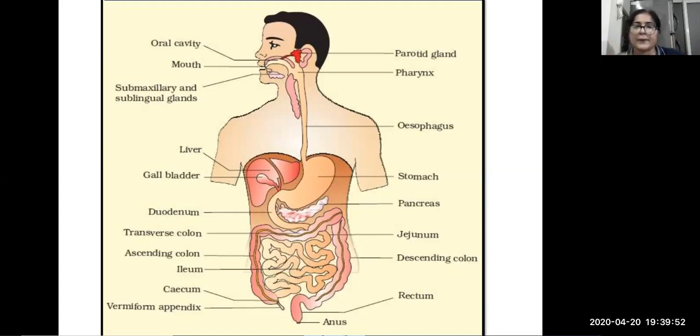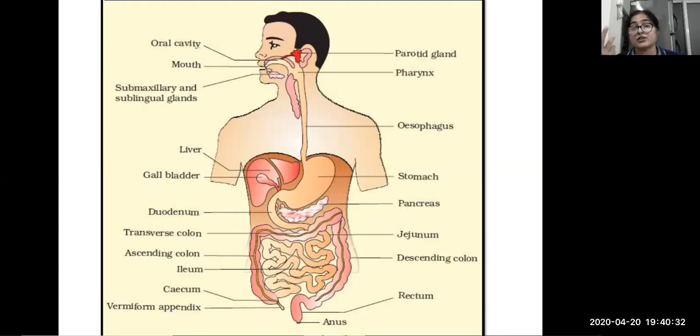So in this way, coming to the point, we have digestive glands. The liver is one of the glands. The pancreas is one of the glands. The stomach has gastric glands. The intestine has intestinal glands. Different glands are associated with the system. And the term gland means glandular. Whenever the term gland comes in biology, it means it secretes something. Something is released from it, a chemical, a juice, a hormone, or an enzyme. So a gland is a glandular epithelium, or we can say the part or structure that releases something.